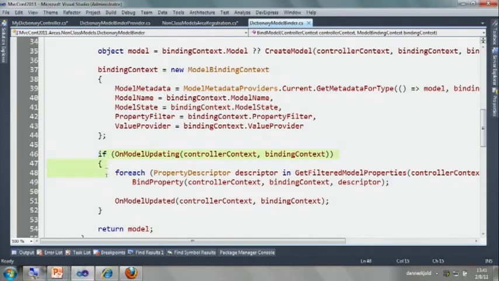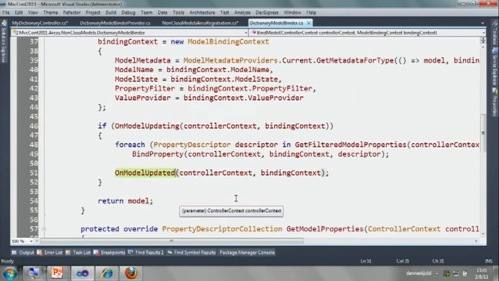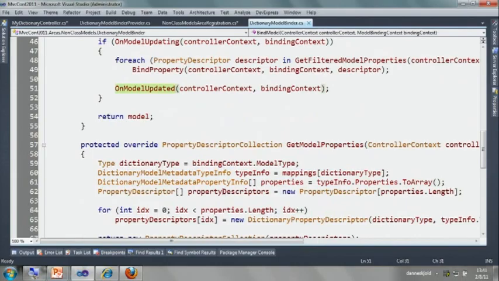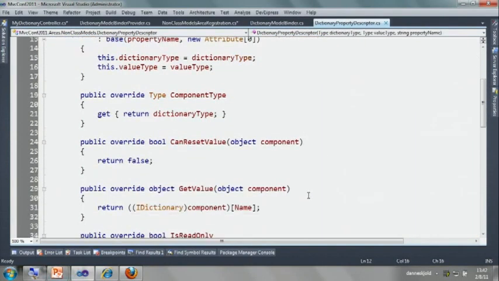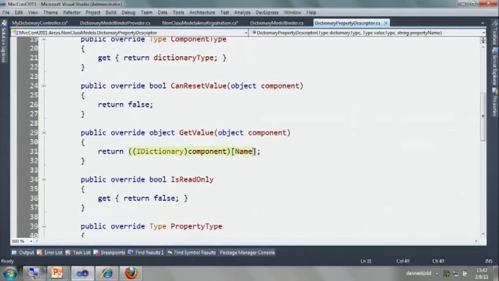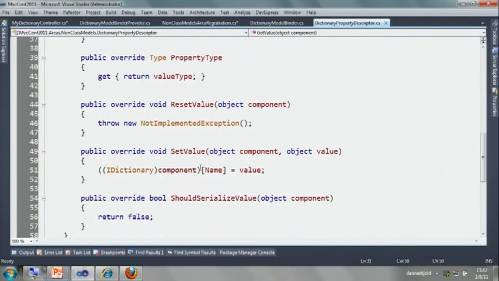this is essentially the exact same code that's normally in the default model binder, where we go through and get the model properties and bind those properties. On-model updating and on-model updated are the events that hang off of the default model binder. So we want to continue to call those things because a lot of the validation happens there. But our big override here is get model properties, where we're going to go off to our Fluent registration API and ask it for all the properties that got registered so that we know how to return these fake property descriptors. And these fake property descriptors essentially set for get value and set value assume that you have a dictionary that it can get and set values